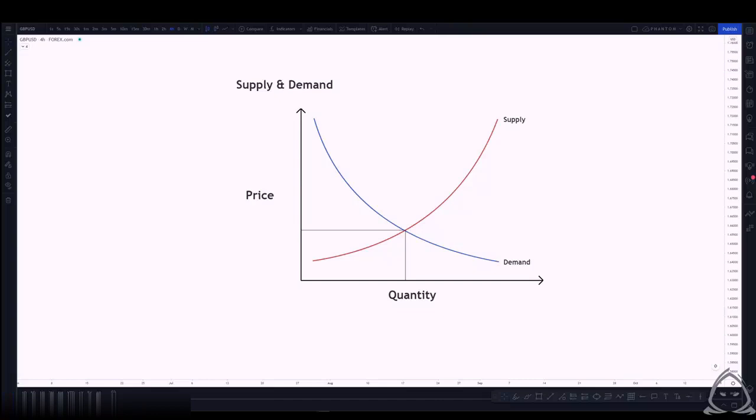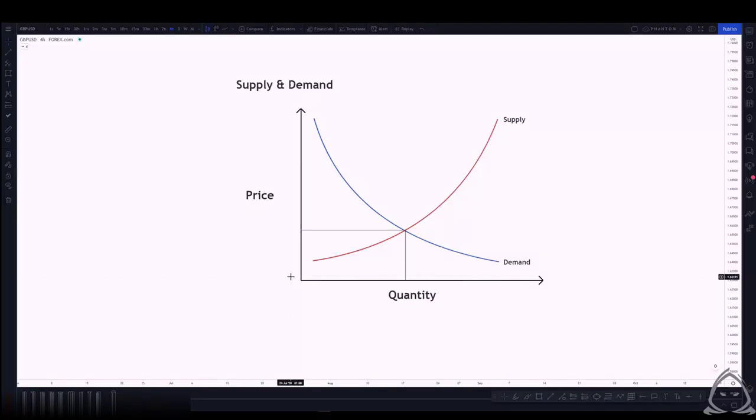So in short, supply and demand in economics is the relationship between the quantity of a commodity that producers wish to sell at various prices and the quantity that consumers wish to buy. It's the main model of price determination in economic theory, and again, it's very prevalent in our lives. The price of commodities is determined by the interaction of supply and demand within any market. Supply and demand are governed by two important components, price and quantity.